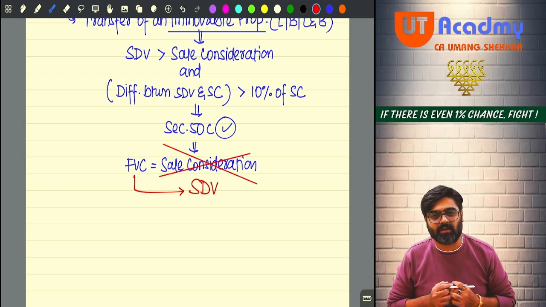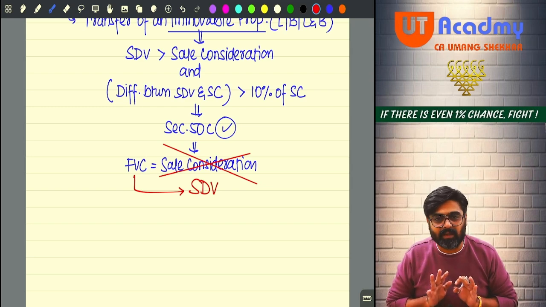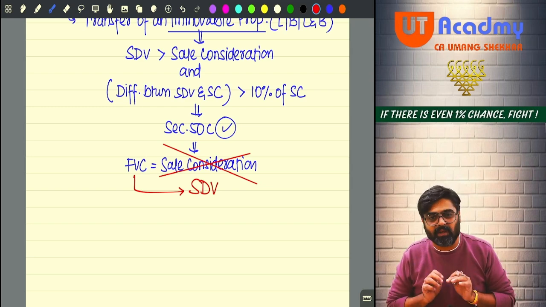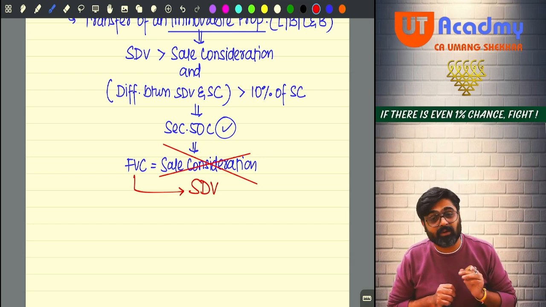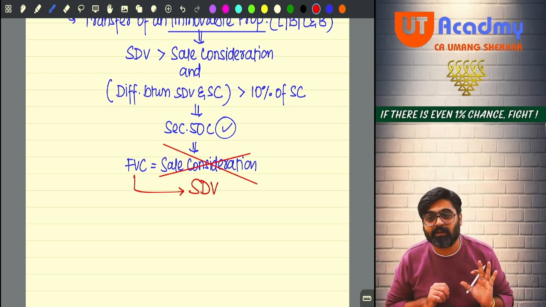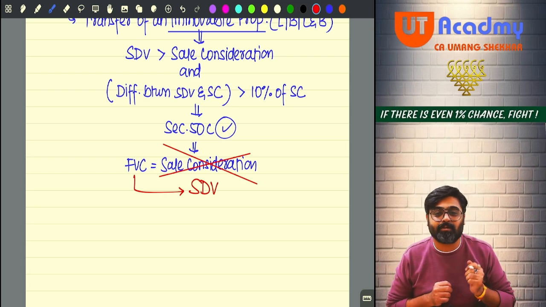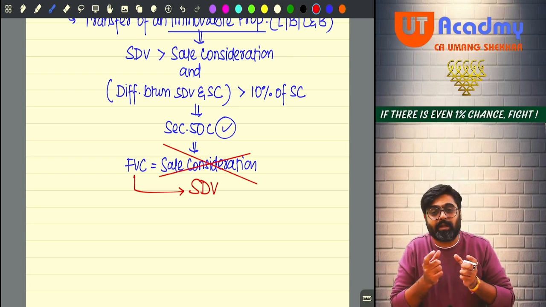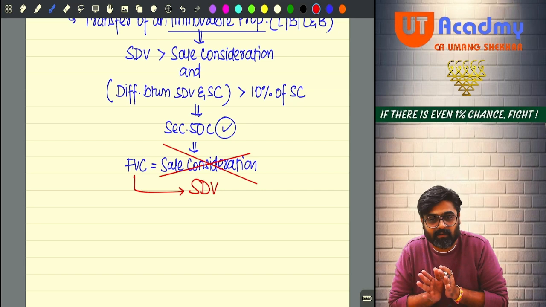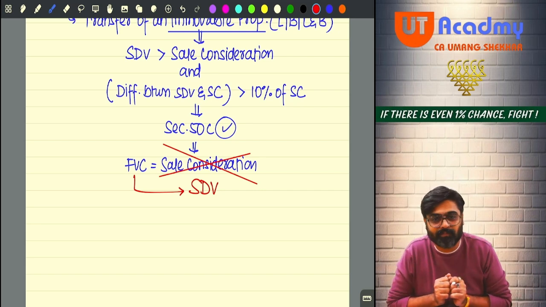So do one thing, sir. Don't pay me this entire amount in check. Just give me 40 and give me 10 lakh rupees in cash. I said, no, I am not going to give you a single rupee in cash. So he did some arrangements for me. What he did, he took 40 lakhs in check towards the cost of the house.